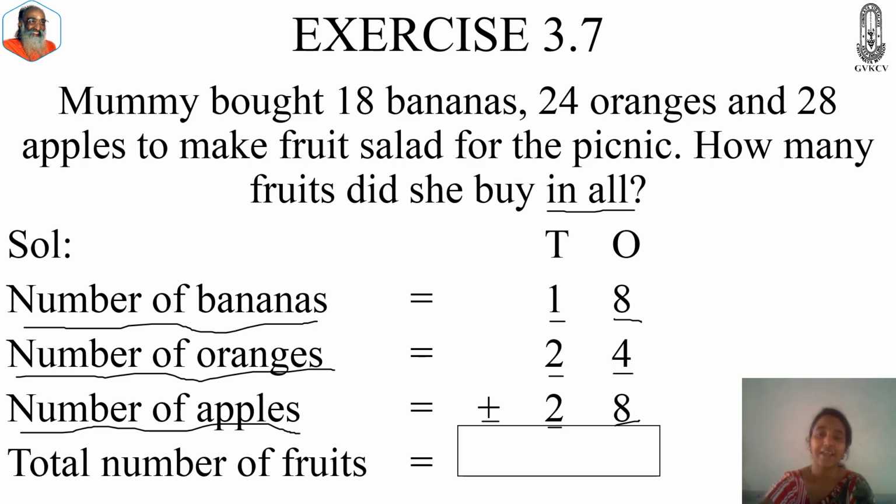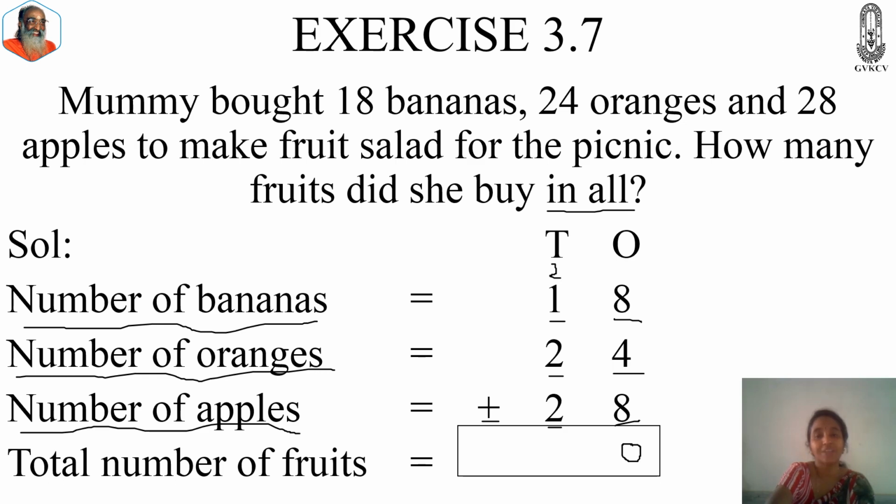Now start adding the ones, the numbers under the ones. Okay. Now 8 plus 4. Keep 8 in mind. Take 4 fingers. 8, after 9, 10, 11 and 12. Now up to here we added. Right. Now keep 12 in mind and add 8. After 12, 13, 14, 15, 16, 17, 18, 19 and 20. 20 ones. So 0 under ones and 2 goes on top of tens.